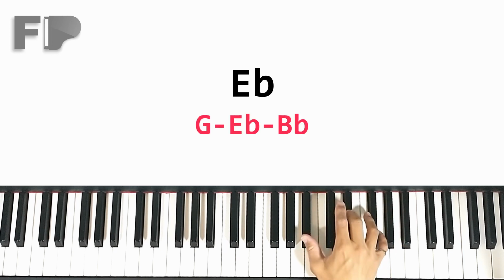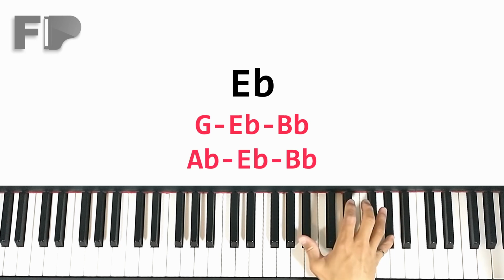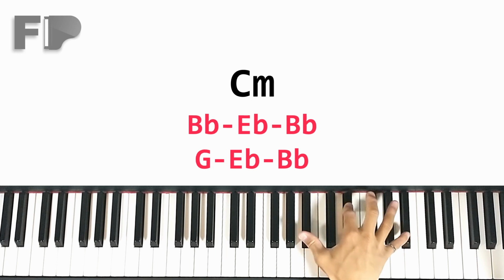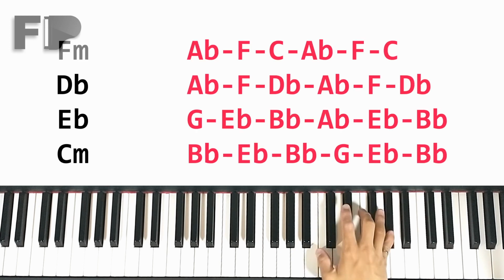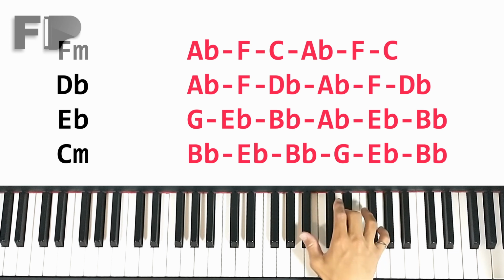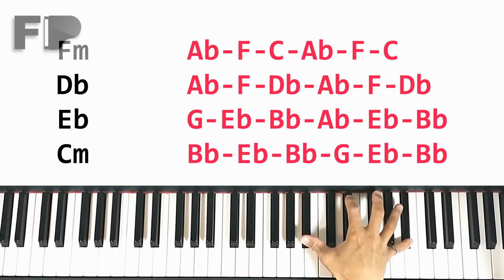Next is E flat major. We have G, E flat, and B flat. Then we have A flat, E flat, and B flat. Next, we have B flat, E flat, B flat, and then G, E flat, and B flat. Let's try that again. F minor, D flat major, E flat major, C minor,